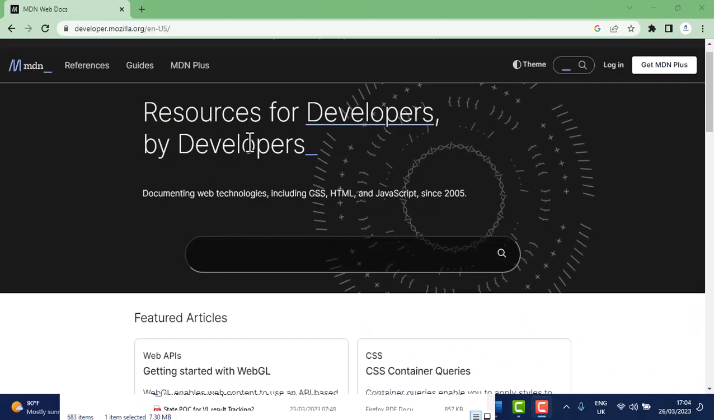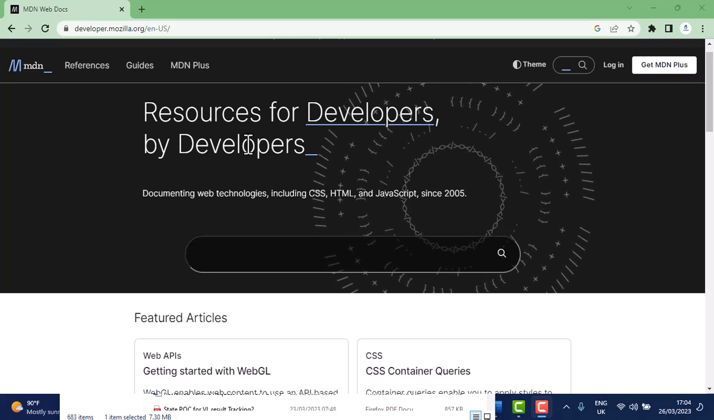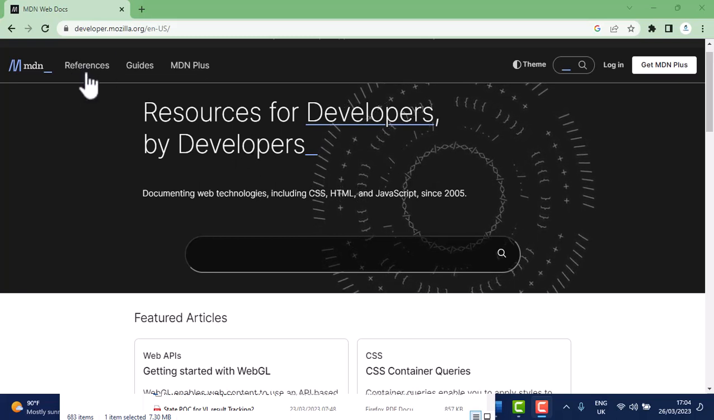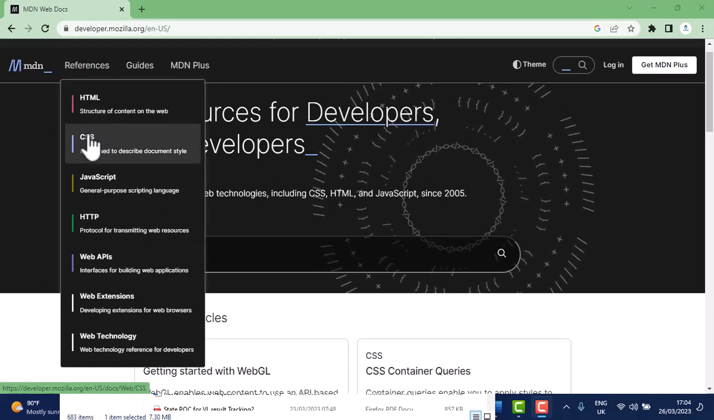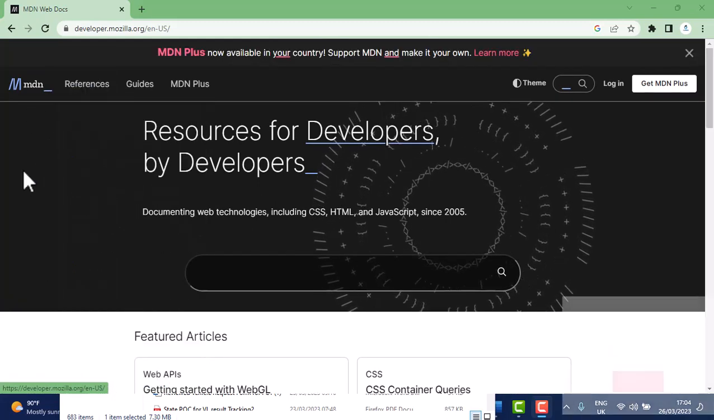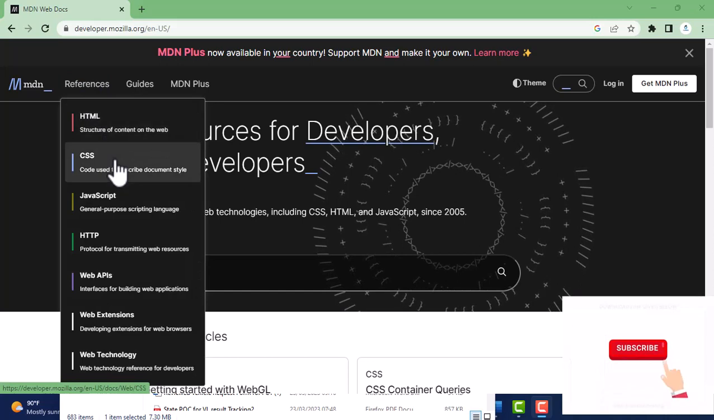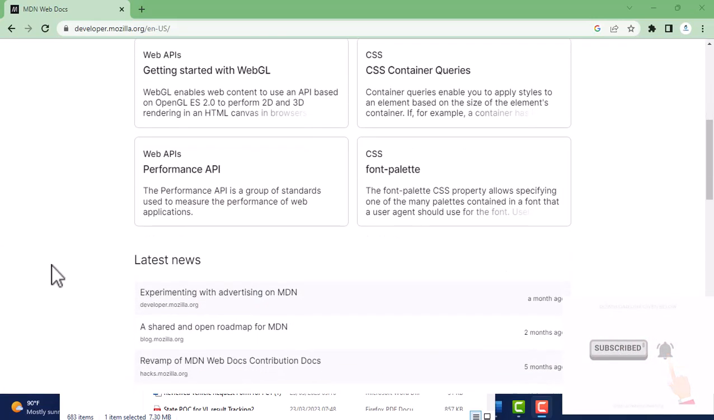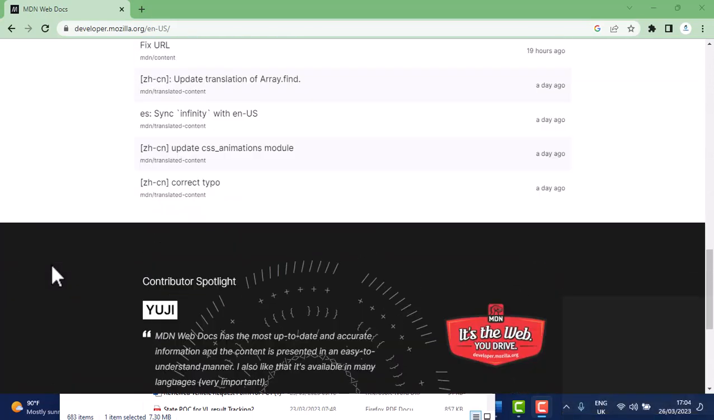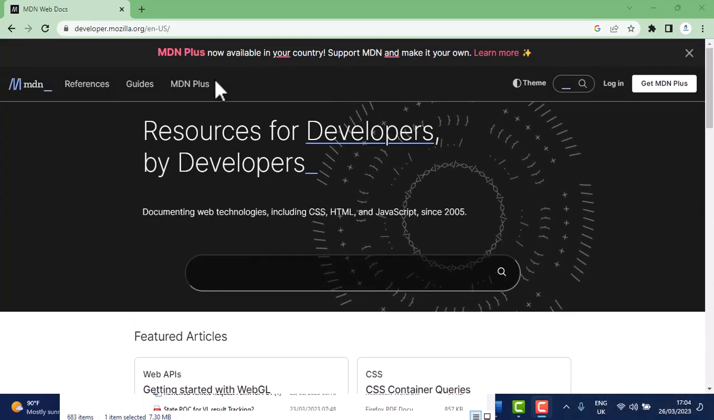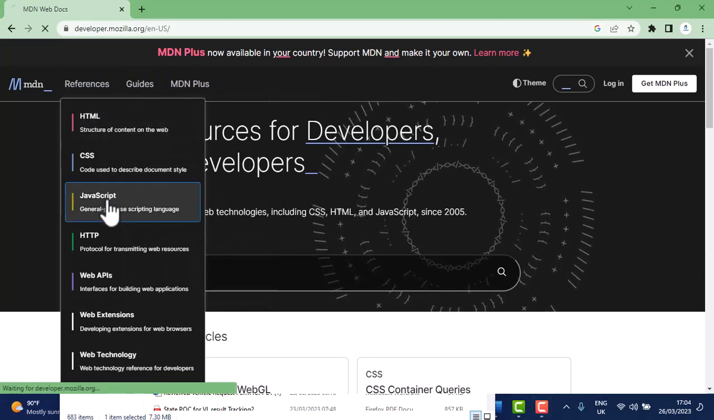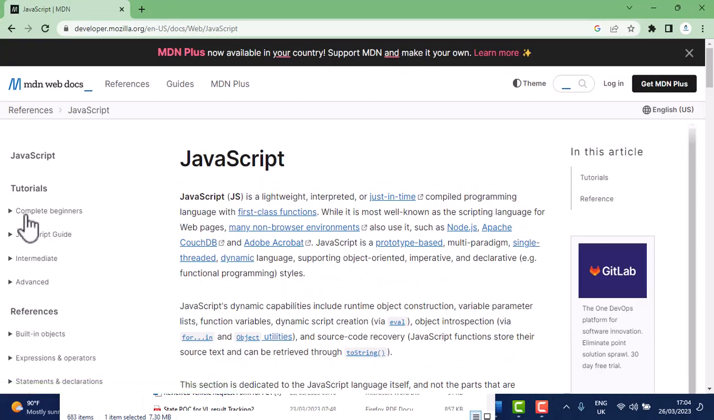And the last on my list today on this video is Developer.Mozilla.org. You can see HTML, CSS, JavaScript. There is so much documentation about HTML, CSS, JavaScript, HTTP, and APIs that you can always see from here. What I will always advise, especially for JavaScript, is to check out